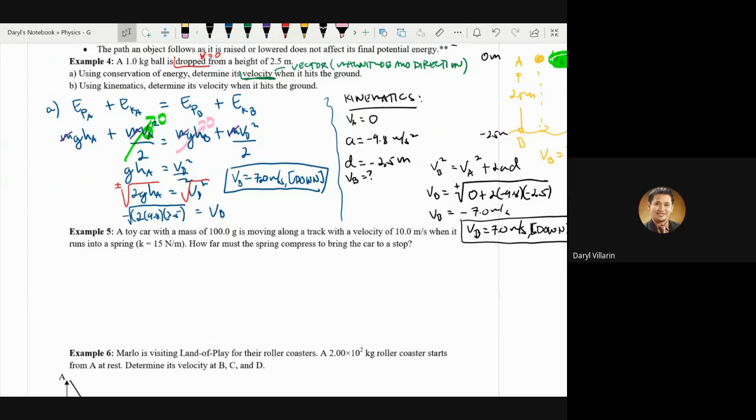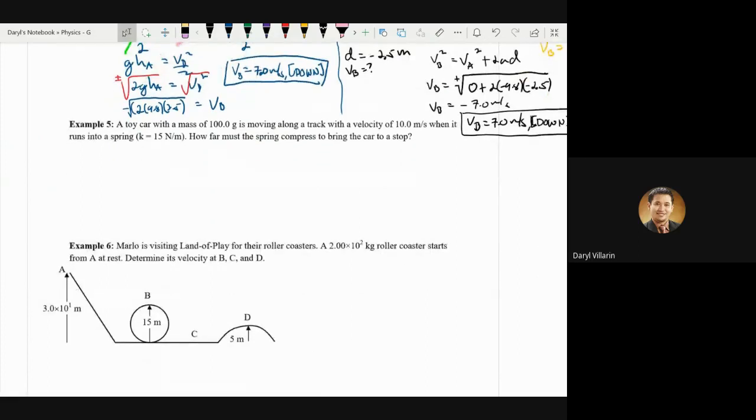Okay, let's take example number 5. A toy car with a mass of 100 grams is moving along a track with a velocity of 10 meters per second when it runs into a spring. How far must the spring compress to bring the car to a stop? Okay,